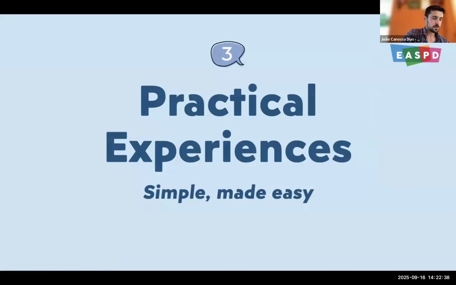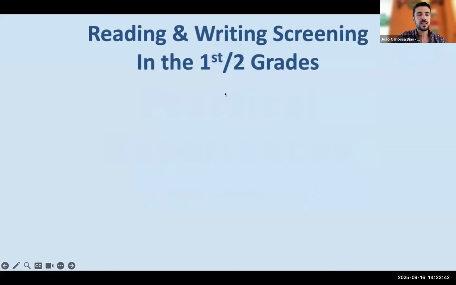Simple, practical experiences and some simple things that have a lot of impact. One thing that we started to do as a whole school intervention is in the first grade, at the end of the first grade of primary school, or at the beginning of the second grade of primary school, we do a reading and writing screening. This actually started because of a European project where we understood that in order to identify specific needs for students, we really need to use